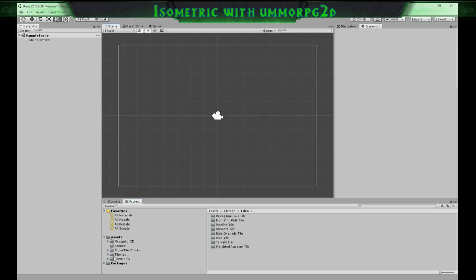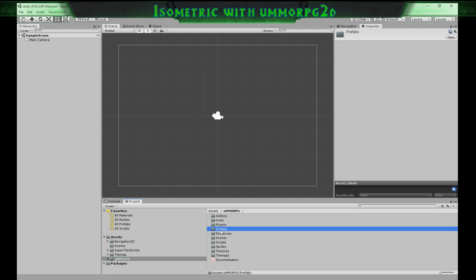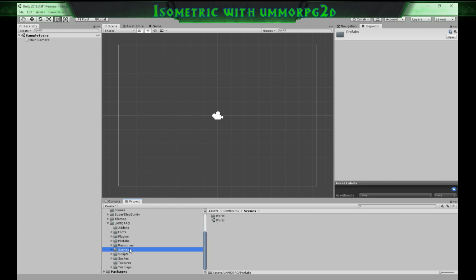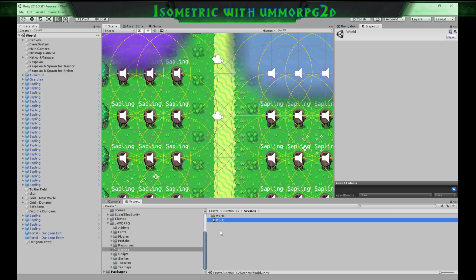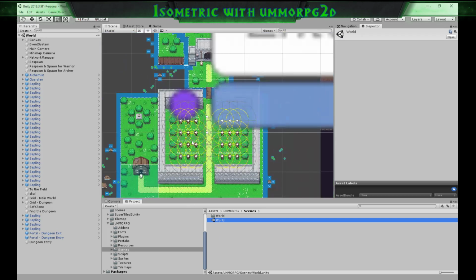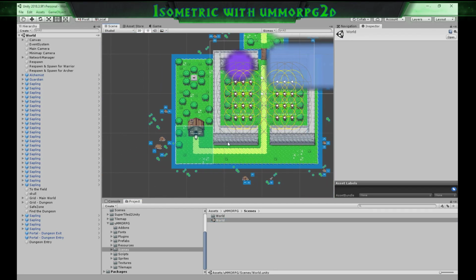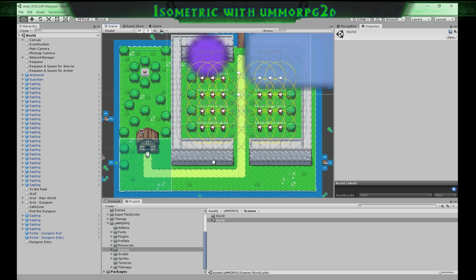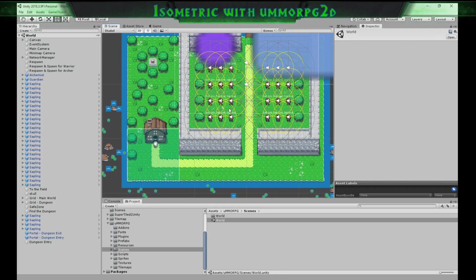So let's just go to our scene. We'll open up the UMMORPG scene. I keep calling it by the longhand name. Can I call it something shorter? No, I can't really. UMMO 2D, I guess, but then that's another asset. Doesn't matter. So you can see here we've got our scene with the standard demo scene where you can move